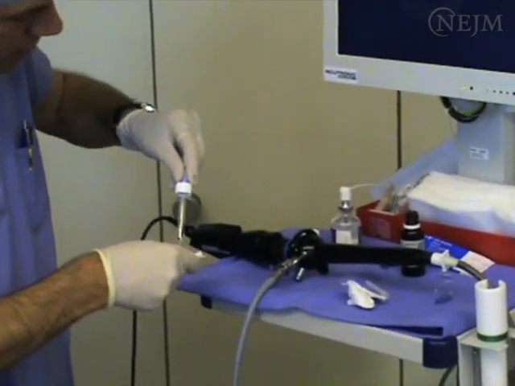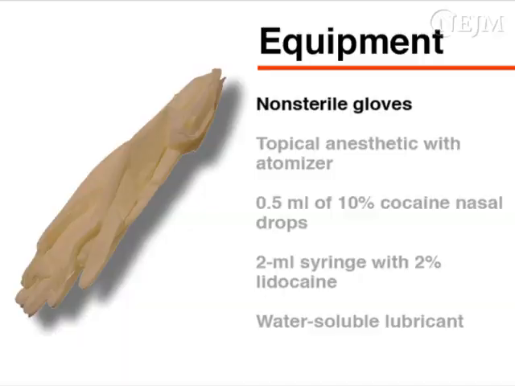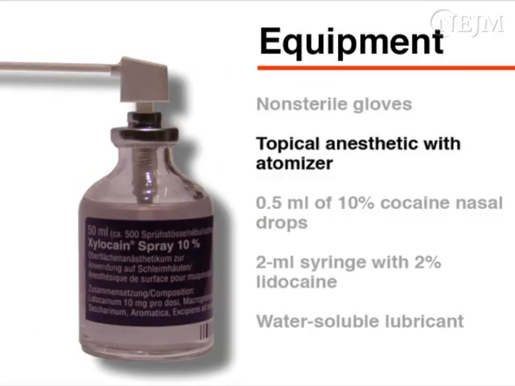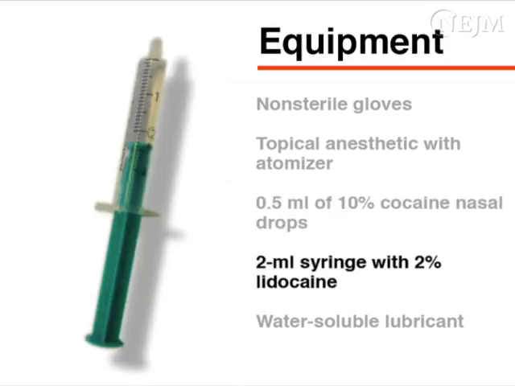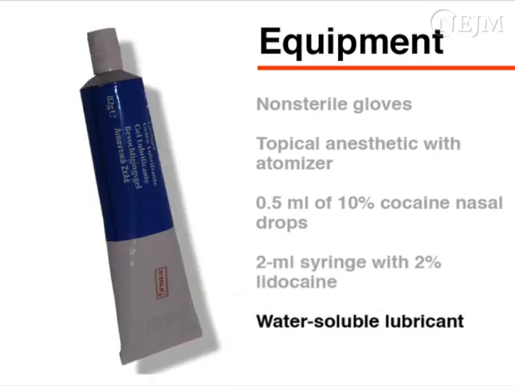Gather the necessary equipment. You will need non-sterile gloves, a topical anesthetic with atomizer, 0.5 milliliters of 10% cocaine nasal drops, which is used for vasoconstriction and local anesthesia of the lower nasal cavity, a 2 milliliter syringe with a local anesthetic such as 2% lidocaine for local anesthesia of the larynx and the proximal trachea, a water-soluble lubricant,